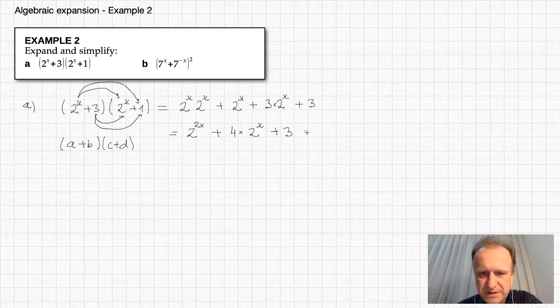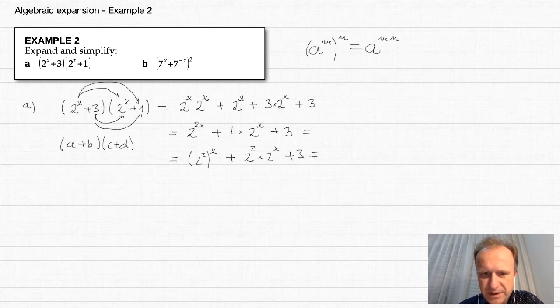Well, we could leave it as the final answer, of course, but we can do something to it yet. So first we can realize that 2 to the power of 2x can be understood as 2 to the power of 2, all to the power of x, according to the formula a to the power of m all raised to the power of n is a to the power of m times n. Okay, plus here number 4 can be expressed as 2 to the power of 2 times 2 to the power of x plus 3. And we can now say, okay, 2 to the power of 2 is 4, so we have 4 to the power of x